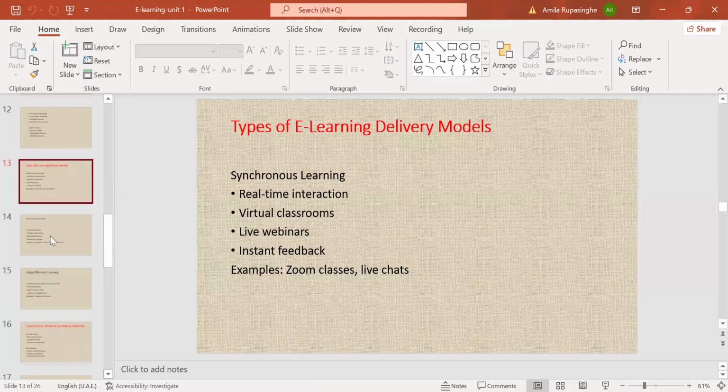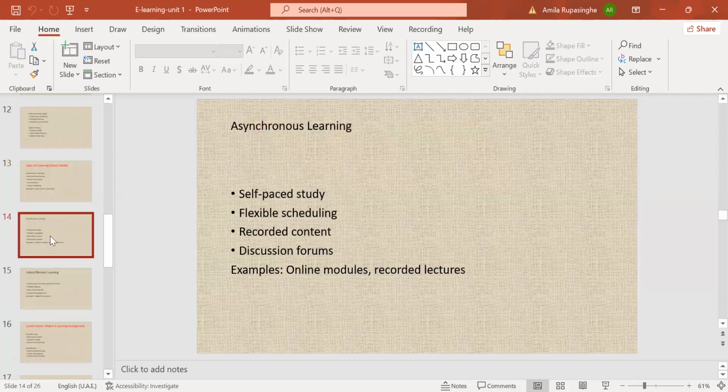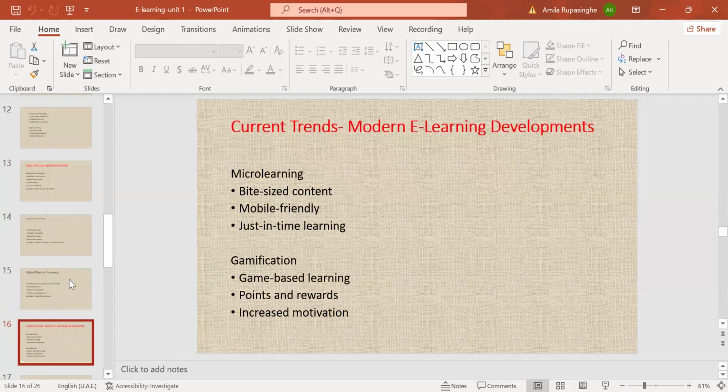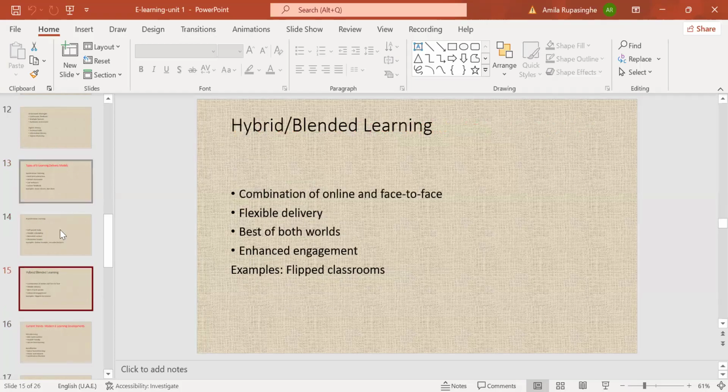If someone listens to a recording, it is asynchronous learning. And then hybrid, blended together, right? A combination of online and face-to-face both. Actually, it is not synchronous and asynchronous blended. It is like physically we meet as well as online we meet.